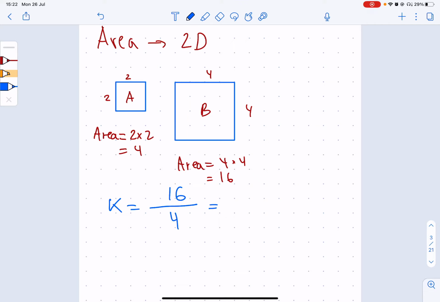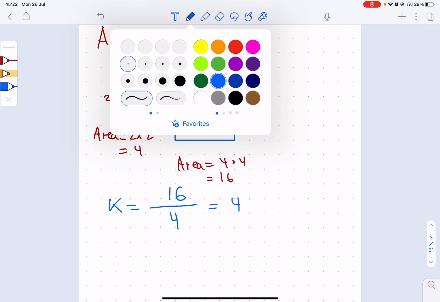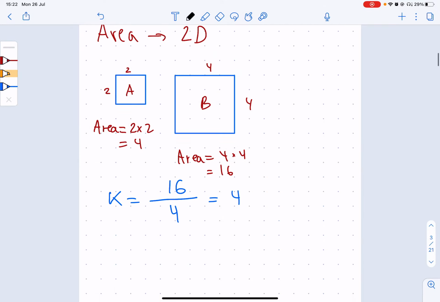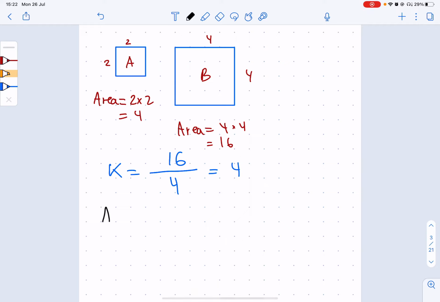So our answer here ends up being 4. Okay, so our scale factor is equal to 4. Therefore, what that means is that the area of B is 4 times bigger than the area of A. Okay, so if we were to put that in a mathematical formula, the area of B